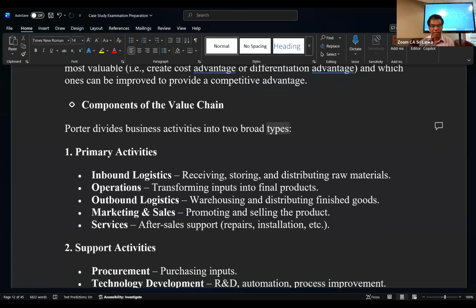Not just that. You have to explain what is being received, what type of thing, storing, and whatever is in the case, or you can find those things. Then you link those things to the appropriate places. What is inbound logistics? You can see the receiving place, and then only you can get it. What are the difficulties and challenges you are facing? Storing somewhere, receiving somewhere, distributing some raw materials to some places, and they have a logistics issue, right? Then you have to find out a strategy to make it simpler, right? Then transforming input into final products.